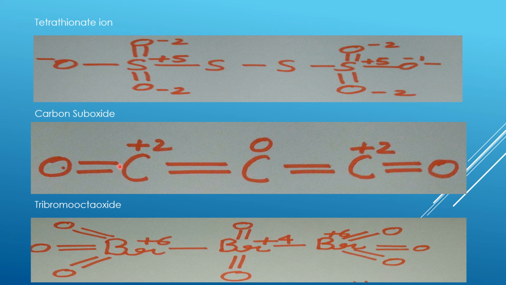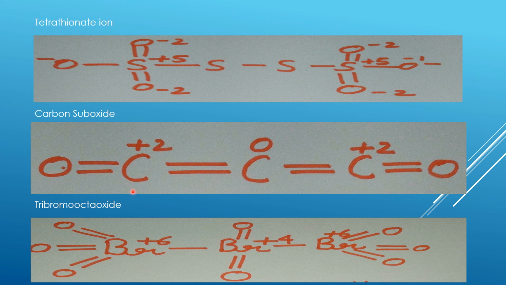Now this is carbon suboxide. In case of carbon suboxide, there are 3 carbon atoms and 2 oxygen atoms, and we are going to decide its oxidation number. It will be 3x - 4. 3x for carbon, and for 2 oxygen atoms it will be -2 into 2, so finally -4. So on carbon the charge we will get is +4 divided by 3, which is wrong.